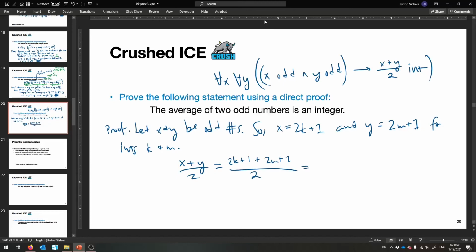And I think you see that this is going to end up working out in our favor, because we can bring the 2's together and add the 1's. Equals 2k plus 2m plus 1, no, sorry, plus 2. Got rid of a 1 somehow. Over 2. Oh man, is that equal to k plus m plus 1? K plus m plus 1 is an integer because